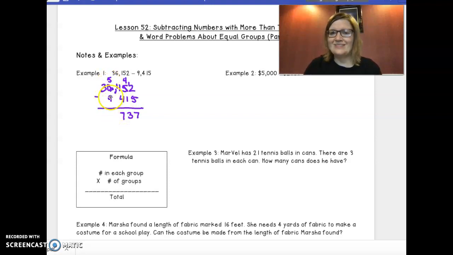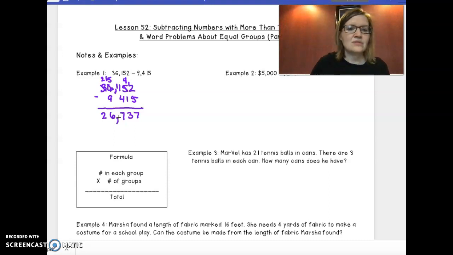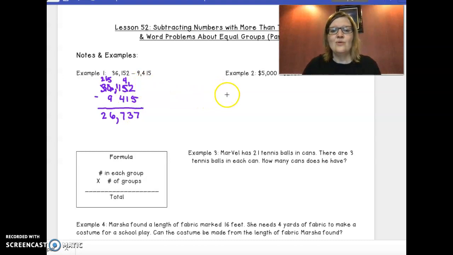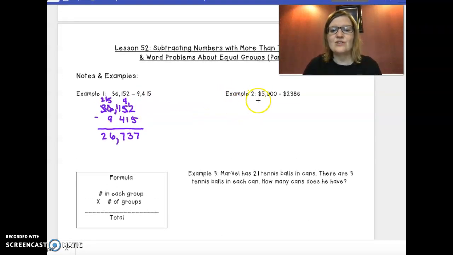Now 5 minus 9, can't do it. I'm going to have to regroup. I take my 2 and I move it over, and 15 minus 9 is 6. 2 minus nothing is 2. So we have 26,737. And then in our next example, we have $5,000 minus